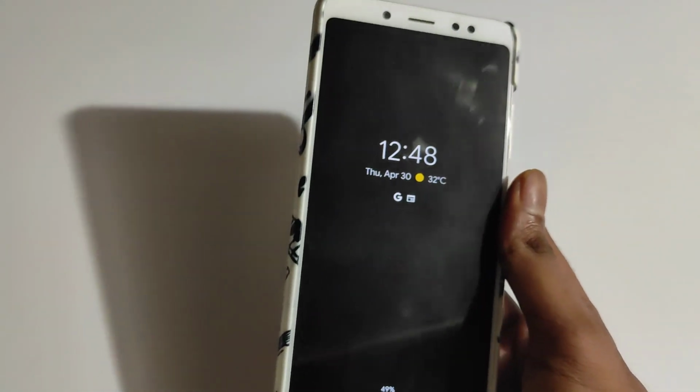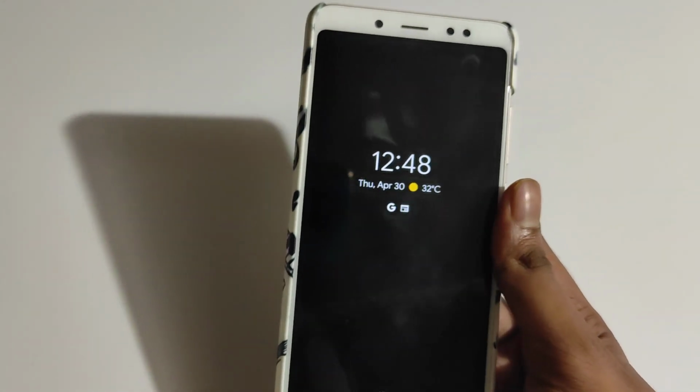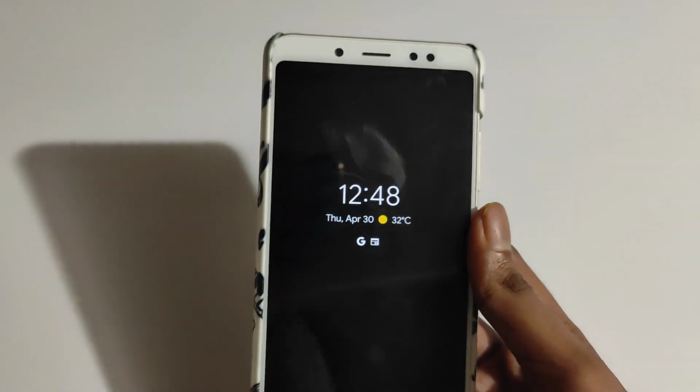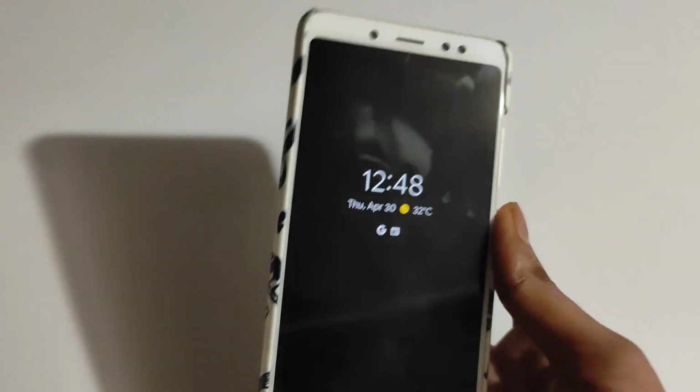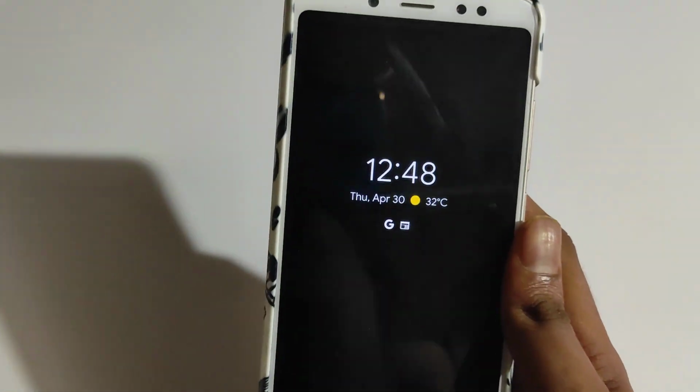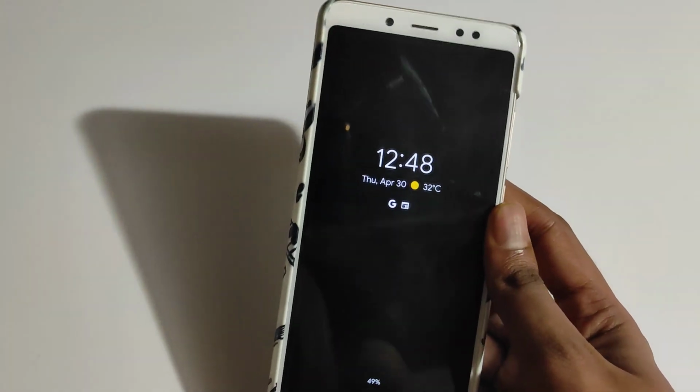I wouldn't recommend it because this phone has an LCD panel which can't block the entire display from showing up. As you can see it's not an AMOLED display, so you shouldn't turn this on.